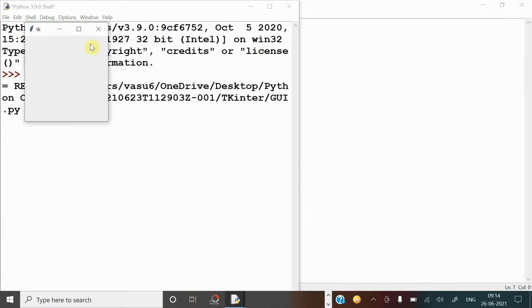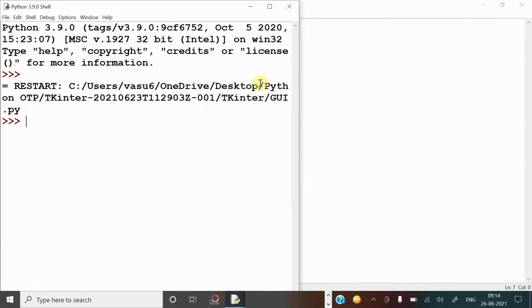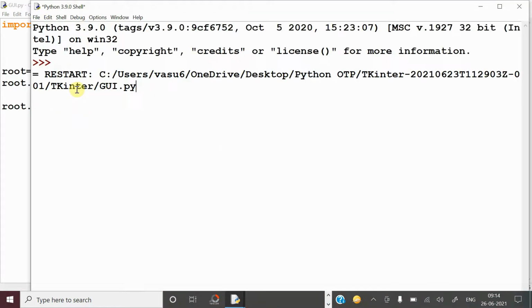See, one small GUI window has become visible. Now one window has been created. If you want to give dimensions for that window, meaning size, that can be done by using the geometry function. Here you have to give the dimension 450, and here the resolution 800. Now run this one. See, a big blank window has been created for you. So this is the window of tkinter. Here some name is showing as tk.